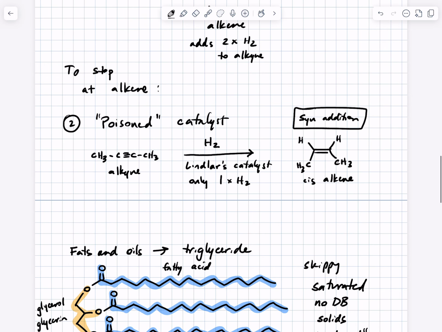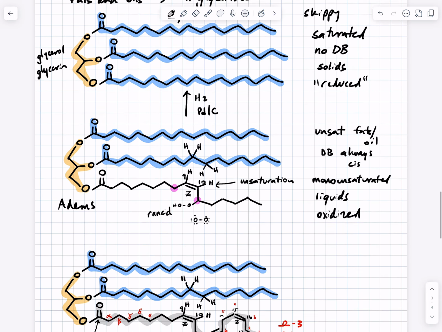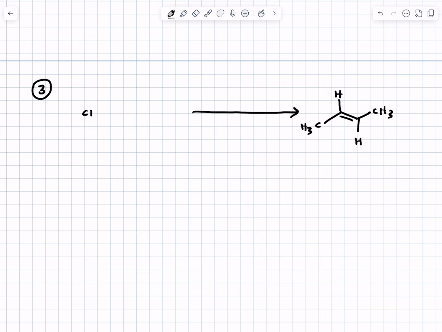All right, what if you wanted to get the trans alkene? So this one is weird, but the product is the trans alkene. So I'll show you this product, and we will not be responsible for the mechanism here. It is known, and it's in your text, but I decided that it wasn't worth the time we would have to spend to